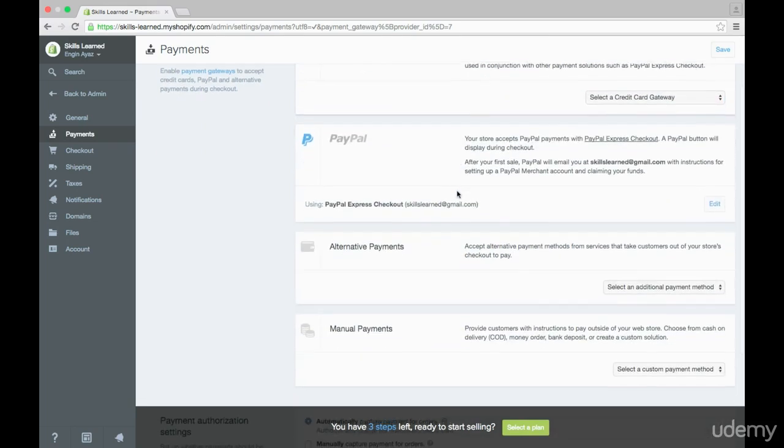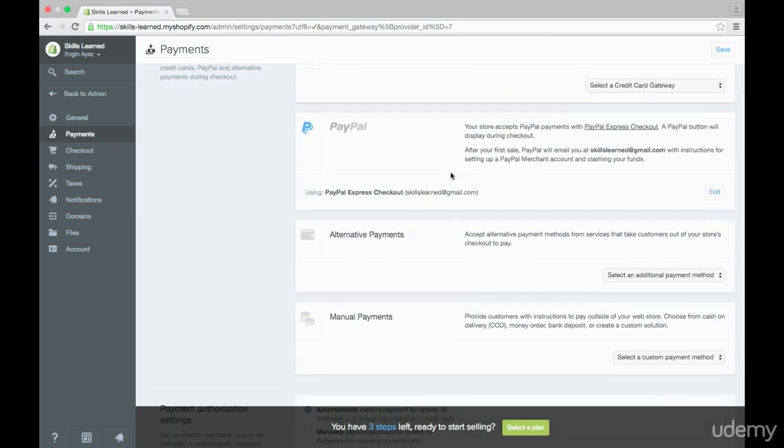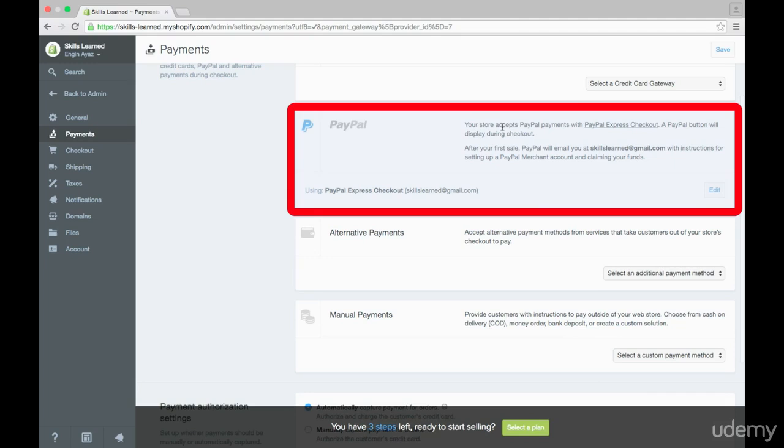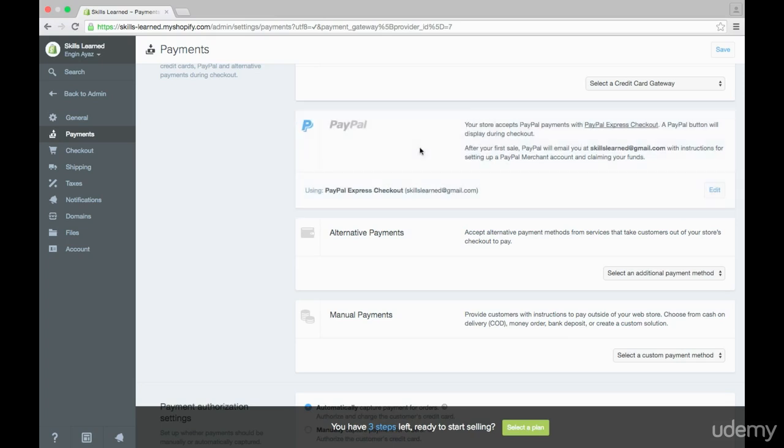The next option that you have to accept payment with is PayPal. So your store right now is accepting payments with Express Checkout, which means that whether or not you have an account with PayPal, you can still accept payments from those who are trying to pay you with PayPal. If you don't want PayPal to send your PayPal payments over to this email address and you already have an existing PayPal account, then all you have to do is go over here and click on Edit,